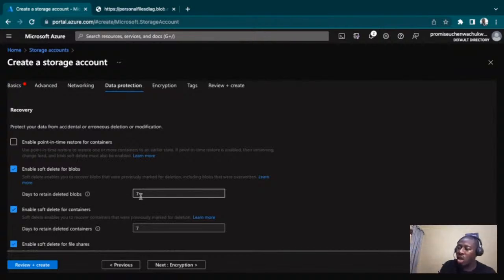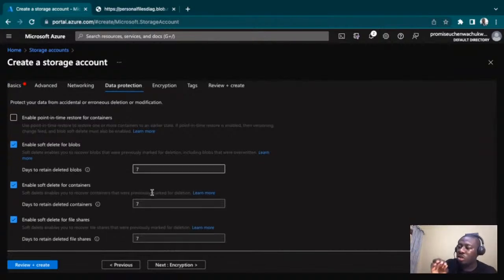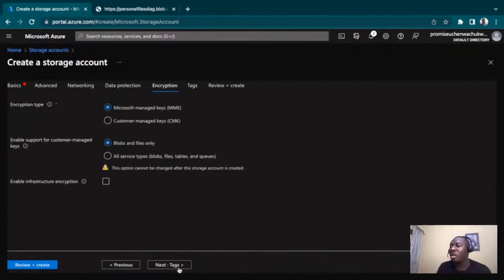right? So this feature itself solved a lot of customers' problems, and they were no longer raising tickets like they were usually doing. Why? Because even if they mistakenly delete their data, because they've enabled soft delete, they can still have access to bring back the data they deleted. All right, the next thing is on encryption, right? So you can make use of the default encryptions provided by Azure.